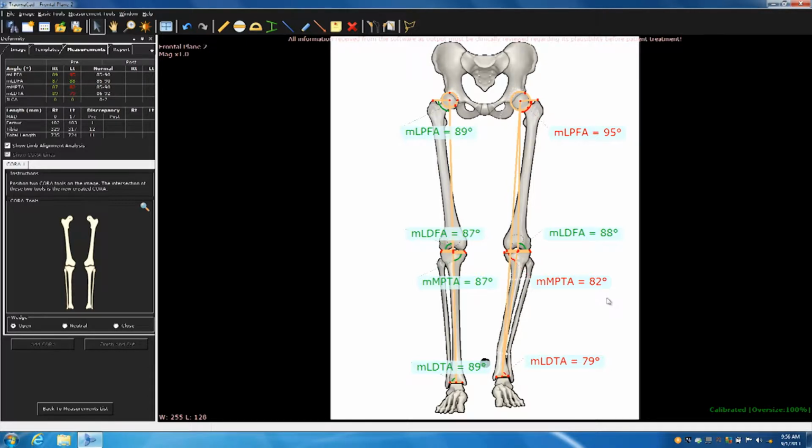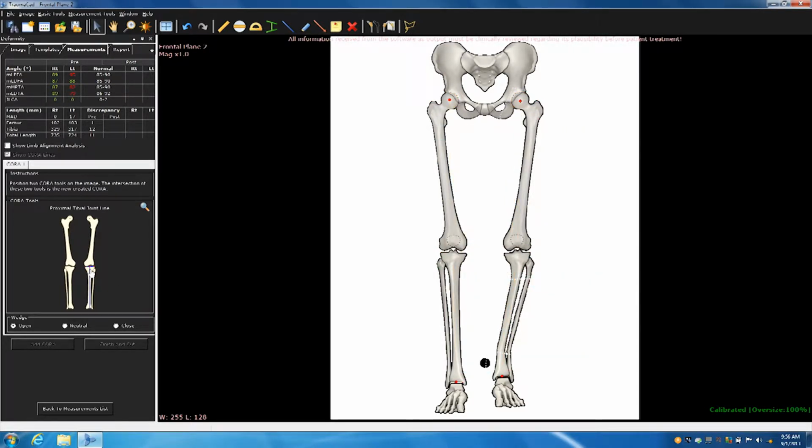Your analysis should tell you that there's something going on in the tibia, and both the joint orientation lines are abnormal. And so at this point, I would hide your limb alignment lines and concentrate on your tibia and pick your proximal tibial joint line. Remember, in your tibia, the mechanical and the anatomic axis are essentially the same. And again, go to your ankle, pick your joint line, and just like the other example, you'll notice the lines do not cross. So undo your last line,